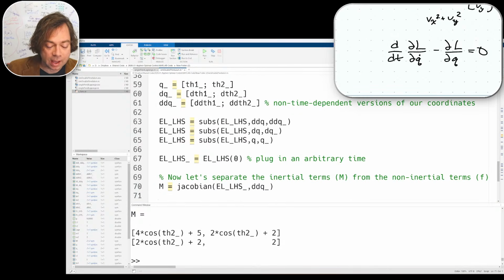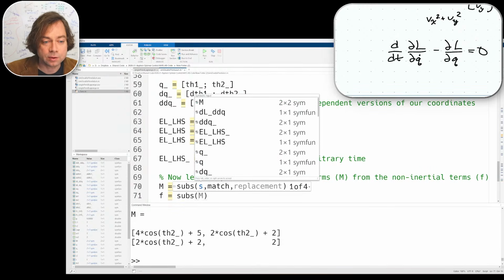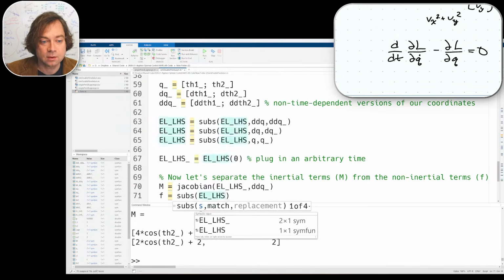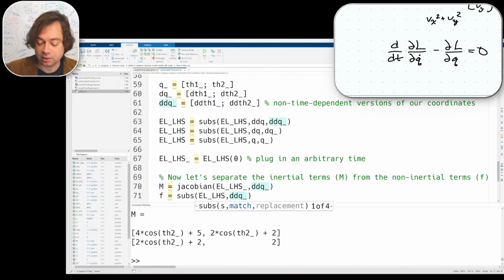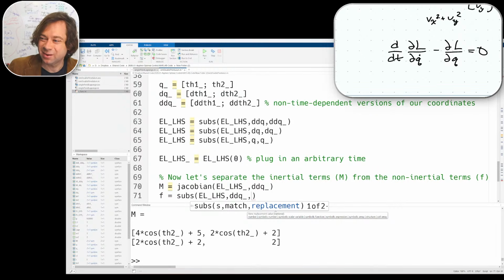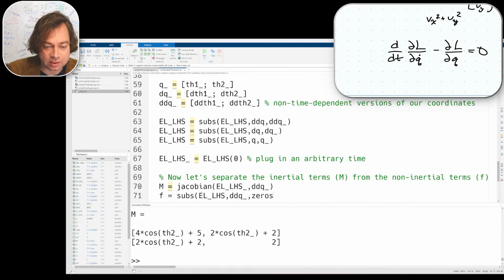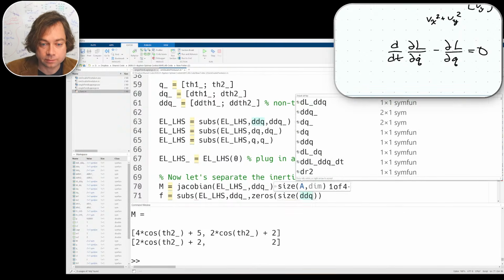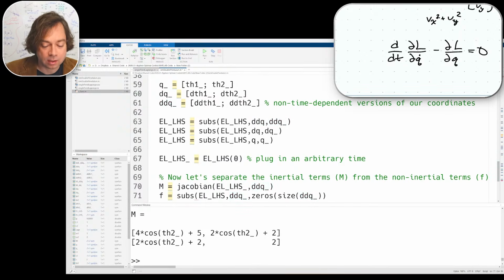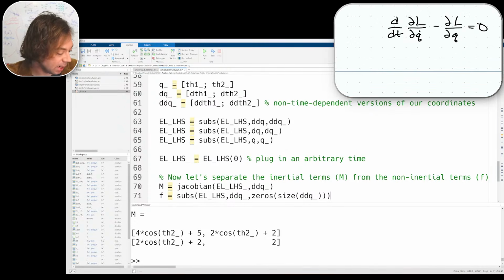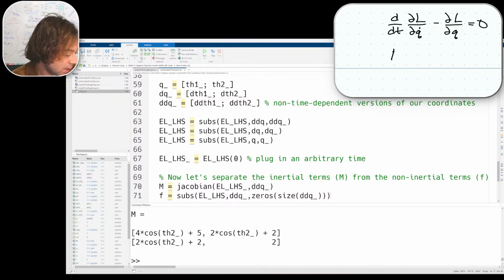Now let's go to F. That's going to be every term that isn't multiplied by ddq. So what we'd say is, wherever you saw an acceleration on the EL left-hand side, substitute in a 0. We want zeros of the size of ddq_. That's going to leave all of our terms that are not accelerations, or multiplied by an acceleration. And we're going to put it on the other side of the equation, because again, what do we want? We want M of q times q double dot is equal to